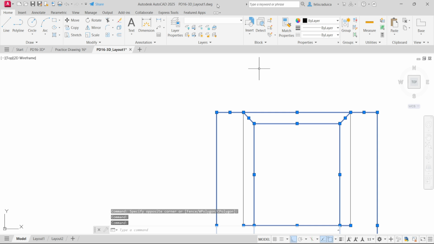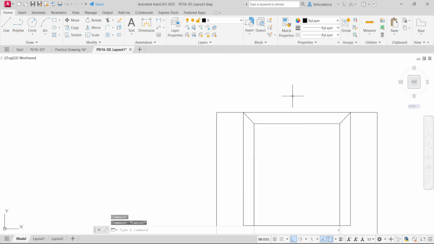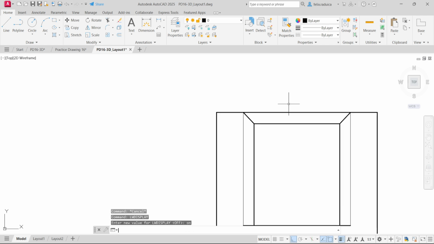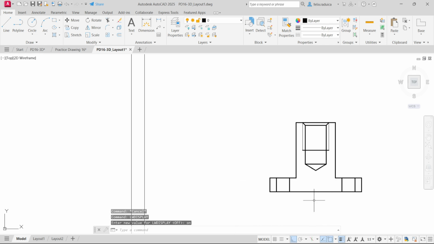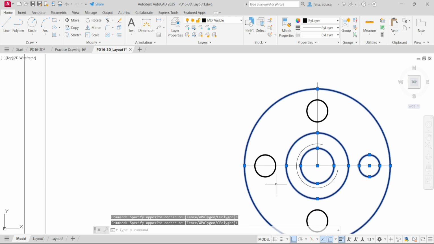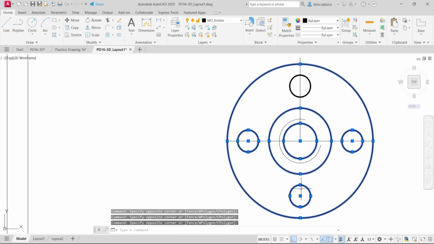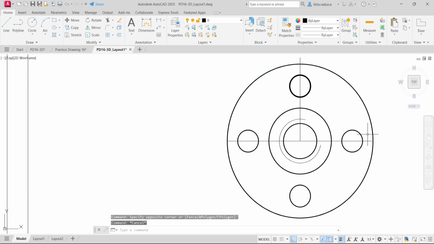And now I'll just place it on the thick lines layer and also LWD on to show the line width. And I also need to make sure these, even though they are with the thick line, are on the proper layer, so not on visible. I want them to be on thick. Okay,